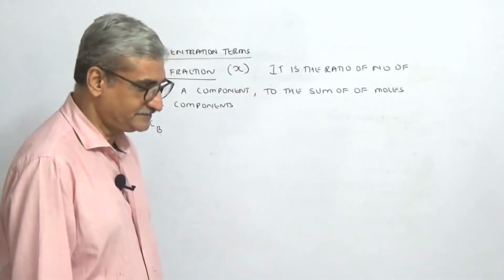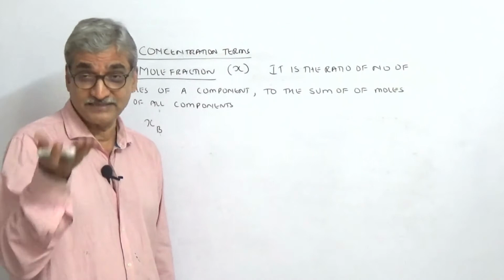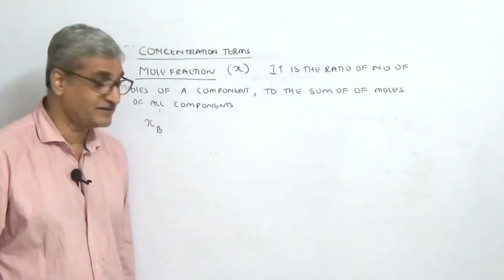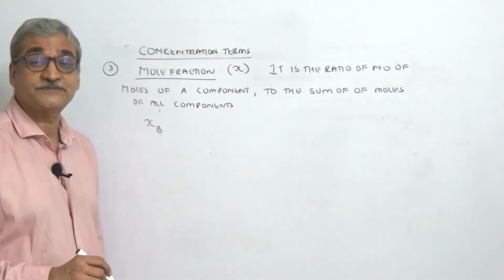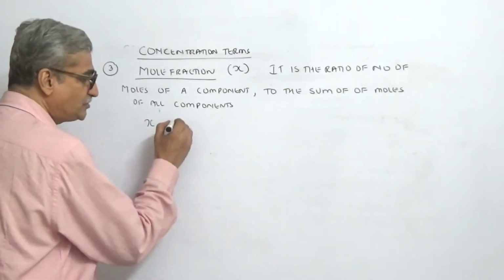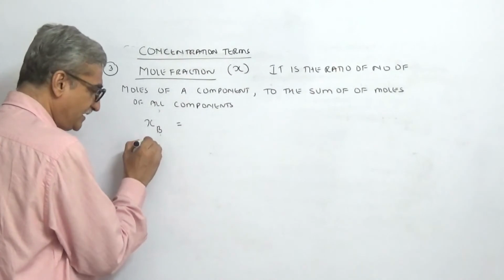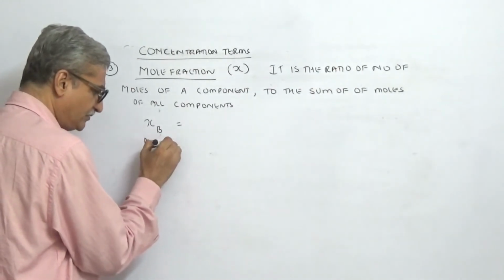Now as I was telling, I am a generation, I have really evolved myself. You people have got everything in your thing. So whenever you use subscript B, it is solute, subscript A will be solvent. So XB, what is XB? It is mole fraction of the solute.